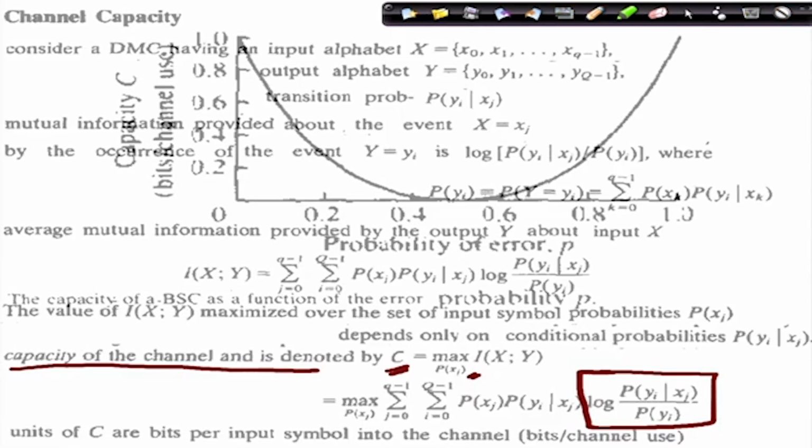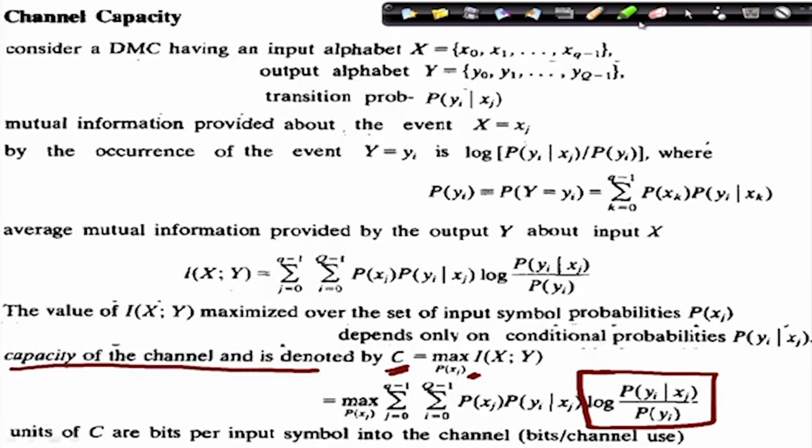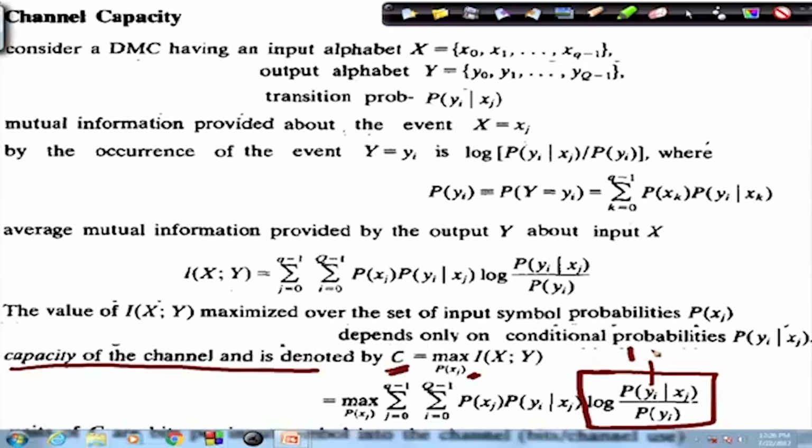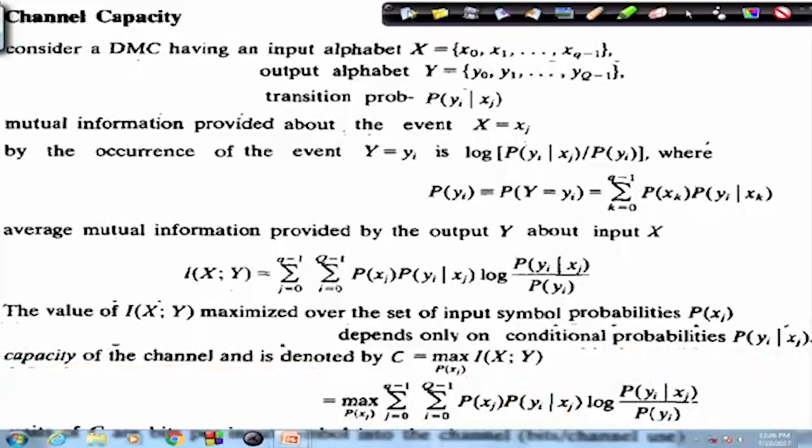So, with this we move forward and see what it leads to if you evaluate this expression for a binary symmetric channel. For a binary symmetric channel you have 2 values of y only, let us say 0 and 1, or plus a and minus a, and x also takes plus a and minus a, like d or minus d. So, you can easily compute this because you know the transition probability matrix, and if it is a binary symmetric channel, the probability of error, p, can be computed given the noise power spectral density. So, you are moving from the discrete input continuous output channel to a discrete memoryless channel. We can do these translations and compute these values.